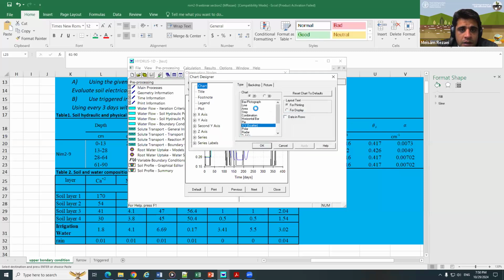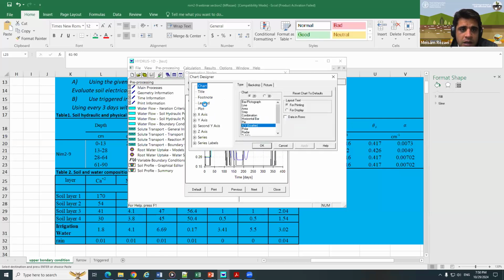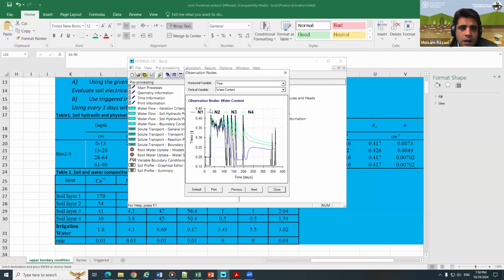the legend. Here, you see, just right click on the window, use the edit chart data or chart designer, put the legend, say visible, the top, and say apply. Okay. And you can see we have like 4 observation points. And 1 is like at the top of the soil, and 4th is at the bottom of the profile, and 2 is 12 centimeter, and 3 is like 50 centimeter. This is the observation points, and we can say now